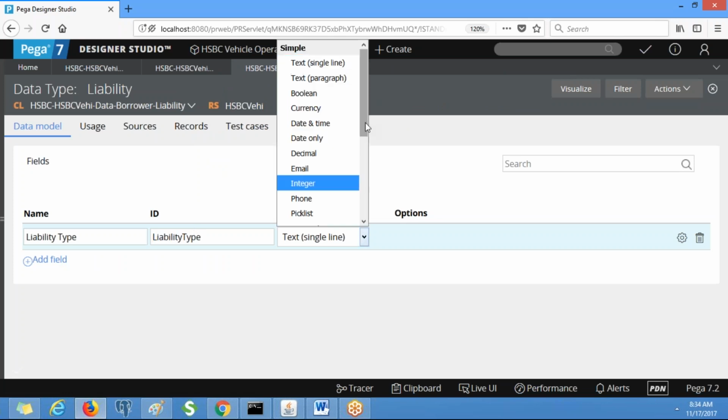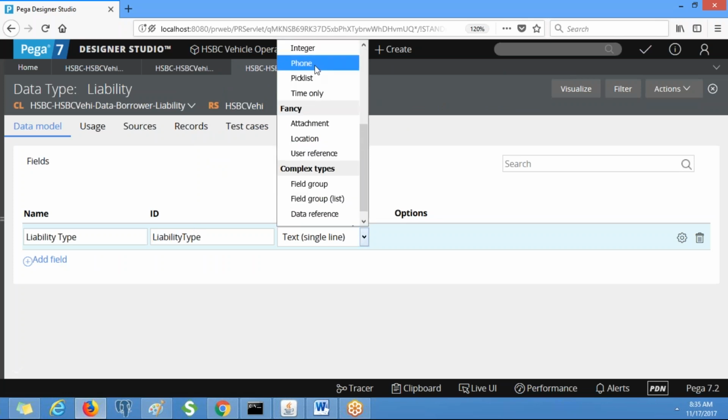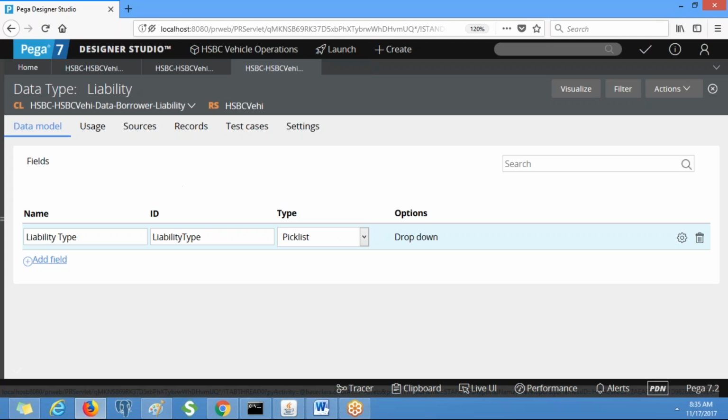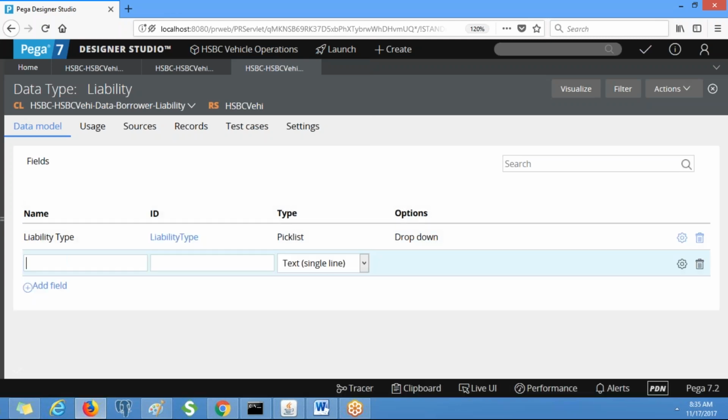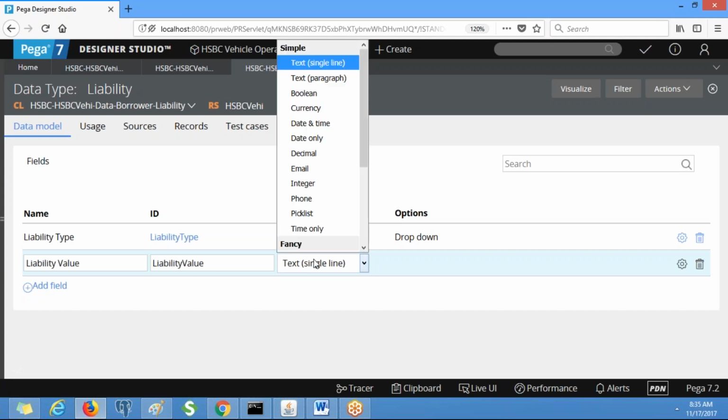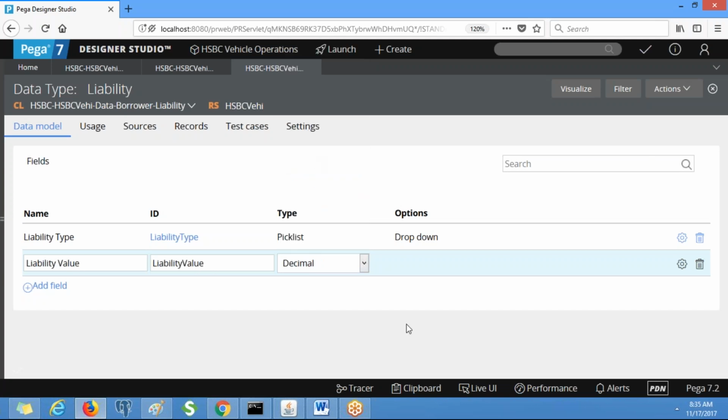Liability type is pick list, and liability value is decimal. Clear? Any doubts so far?